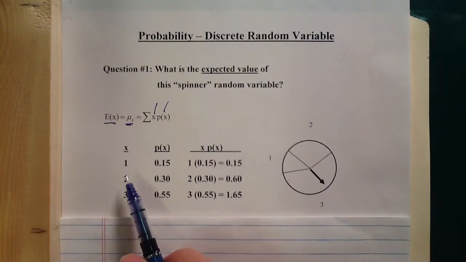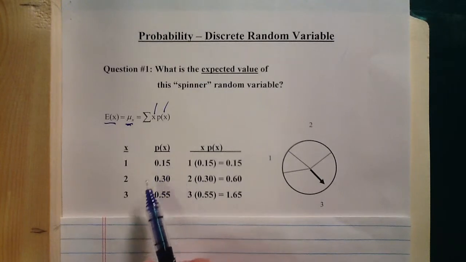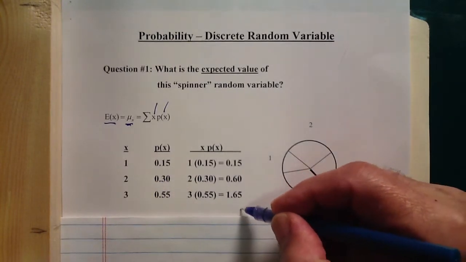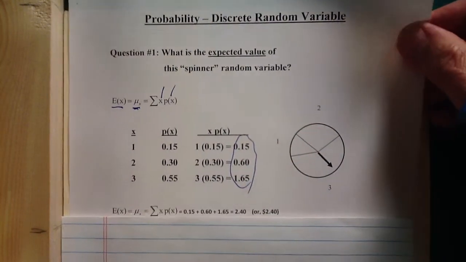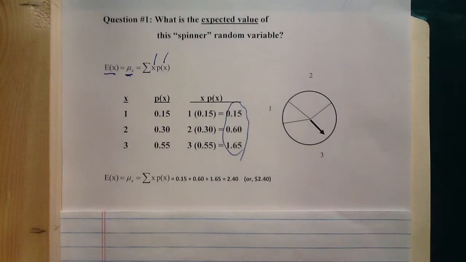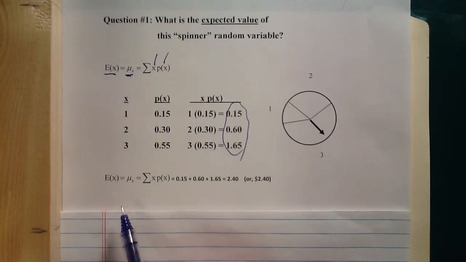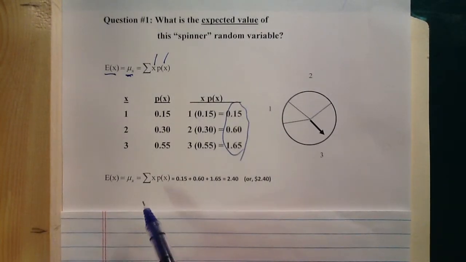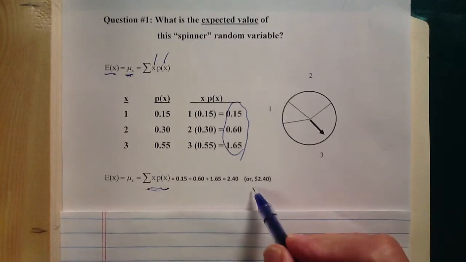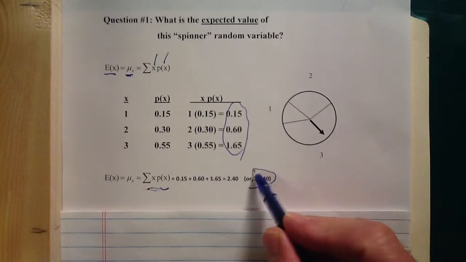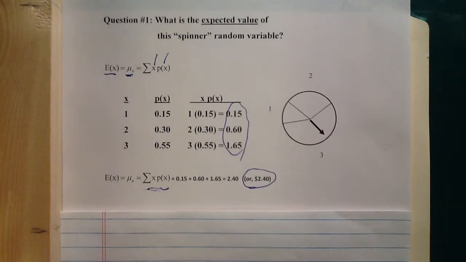We take x times the probability, x times the probability, x times the probability, and then add these values together. Now our result is this. The mean, or expected value, here's the formula, is equal to 2.40, or in our case, since we're playing a game,